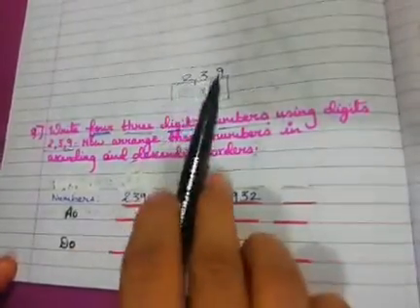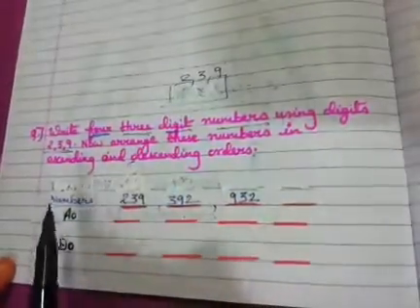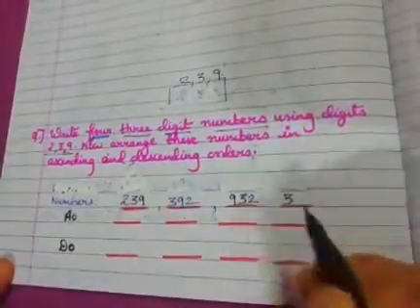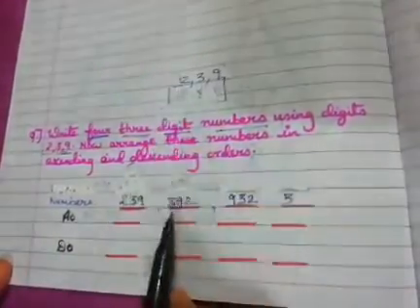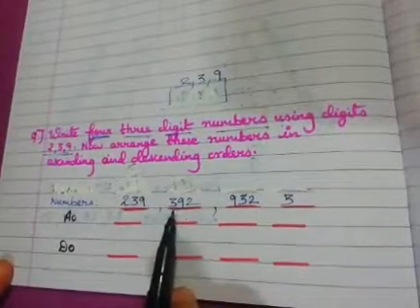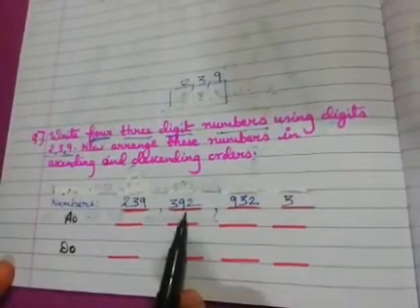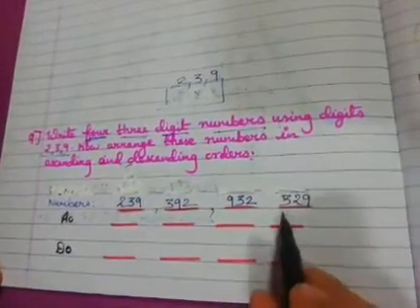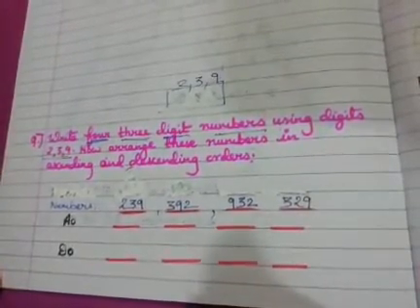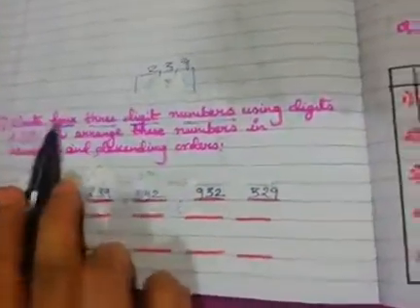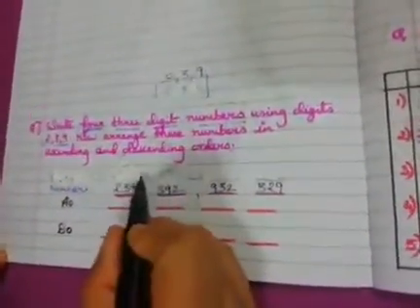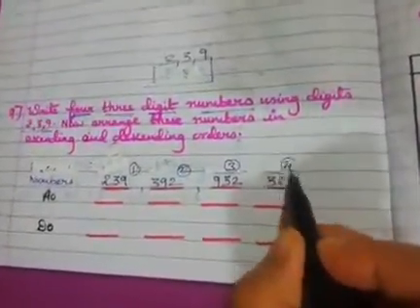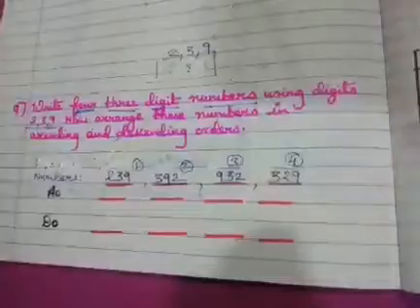Now one more number I want. So from these numbers I have to repeat one number in hundreds, please. So I'll write again 3 and then 9, 2. See, here I have written 9 and 2, that is 392. So now I will write 2 first and then I'll put 9, that is 329. Okay children, in the question write 4 3-digit numbers. So 1, 2, 3 and 4. We have our 4 3-digit numbers with us.